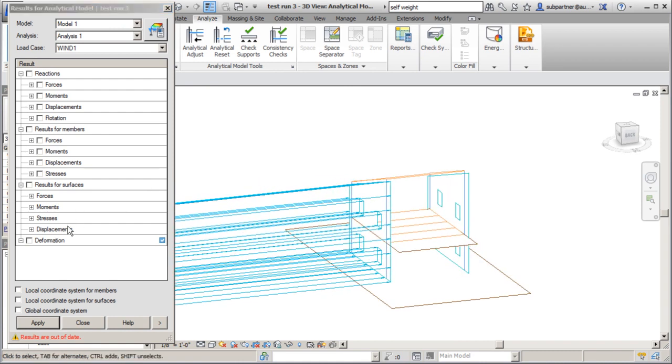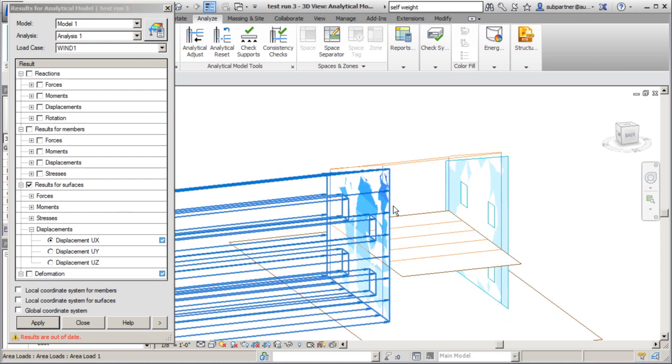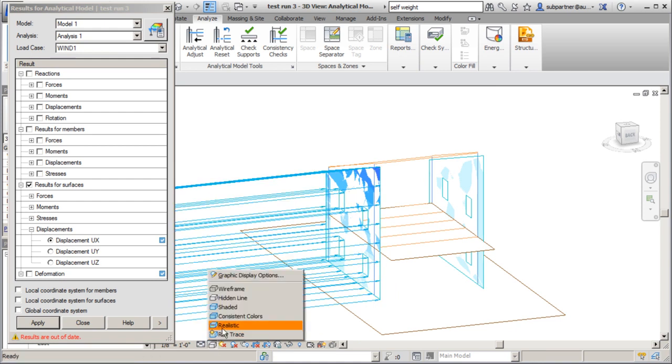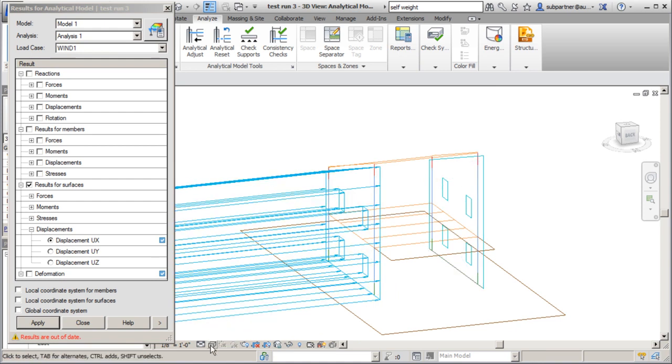But let's take a look at some of the displacements here. We can go to displacement, and I know that this force here is actually moving in the X direction. So if I want to see what's going on with the displacement in the X direction, I'll select X, I'll click apply, and you'll notice there's no deformation, but there's some coloring going on at this point here. So let's see what happens if we jump to